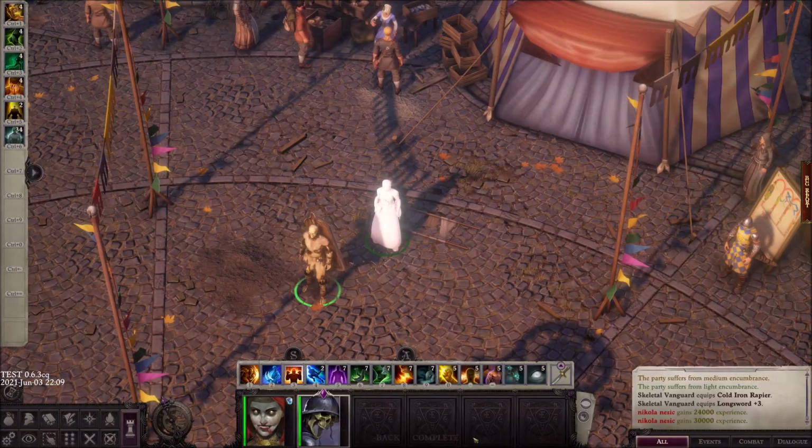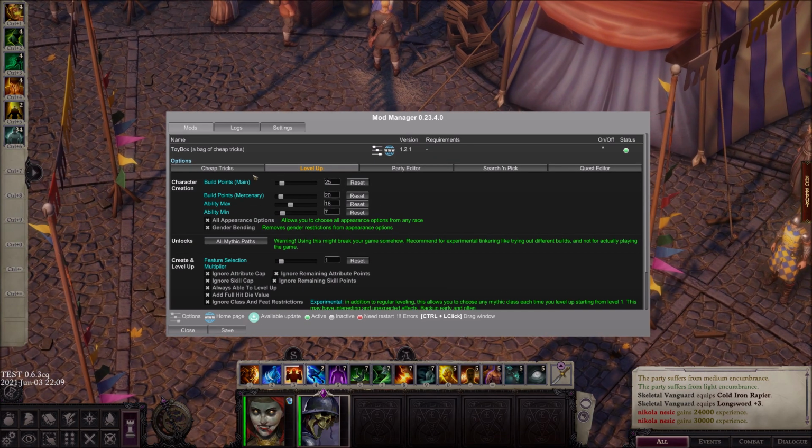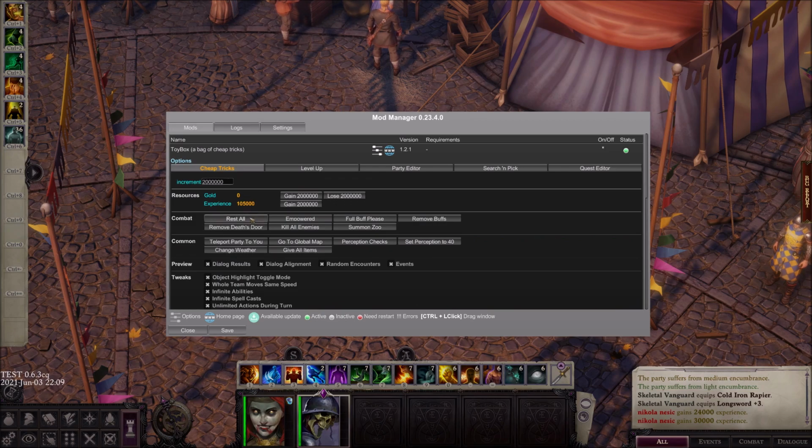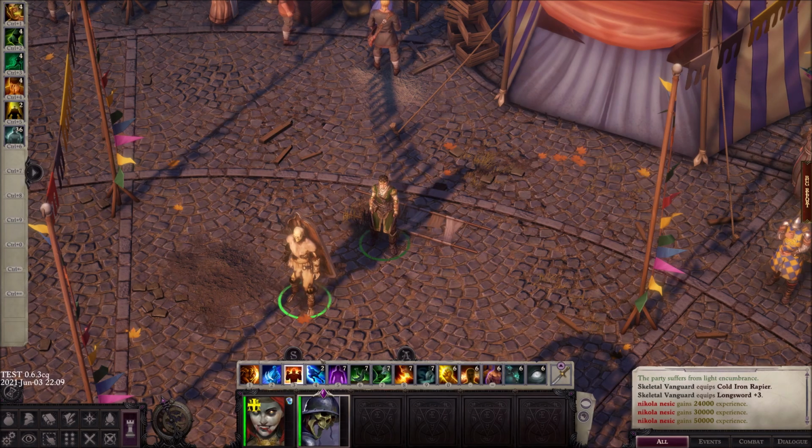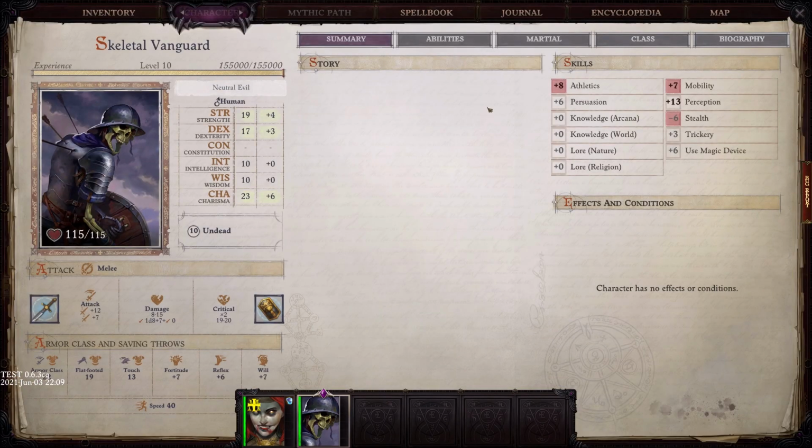Now, I want you to see something here before we go any further. At this point, this is where we become an Arcane Trickster, but I want to rest. I'm going to gift myself one of each of those things. But before we level up, I want you to see something here. We have...